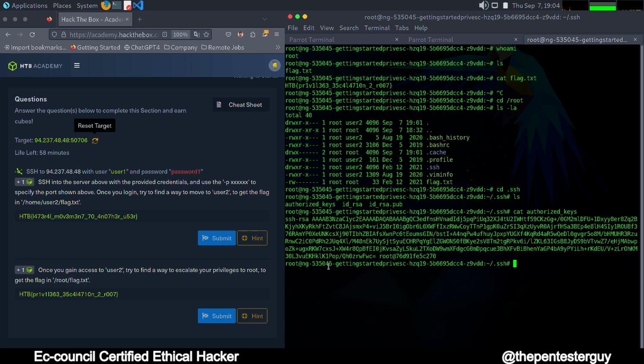So I want to make you aware that what we can do is, if we have permission to update this authorized_keys as a normal user instead of as a root user. Right now we are logged in as a root user. That is why I was able to cat the authorized keys and I am able to manipulate it as well. But if we exit and log in as a normal user,